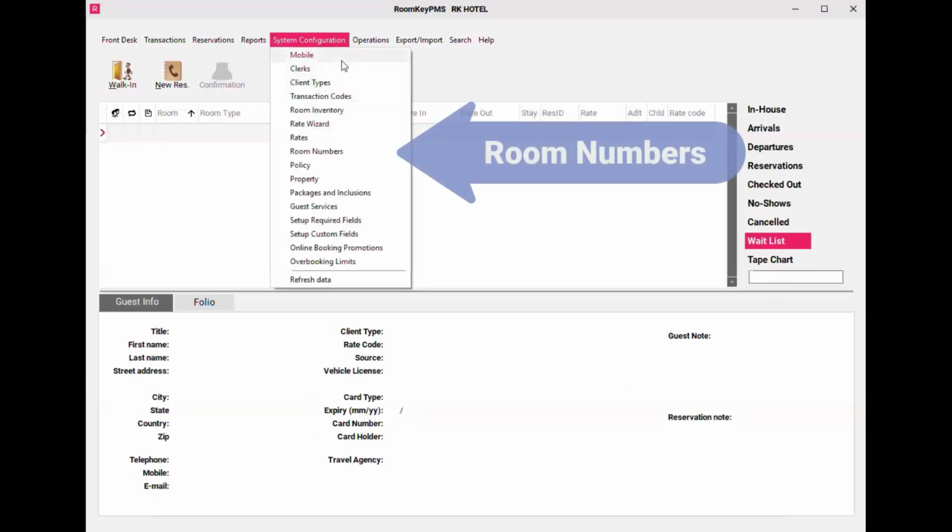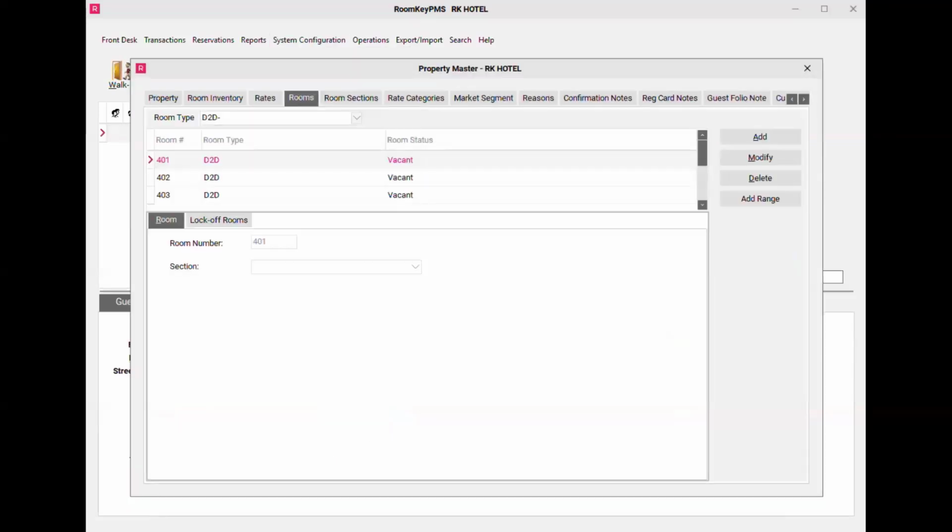So you're going to start from System Configuration and this time select Room Numbers. So it'll open up on screen, and in order to change your inventory, you're going to do that per room type. So I'm just going to select the penthouse room type we had there, and you'd click the Add button on the right-hand side. Now you can add a new room number like 601 here if you're adding new inventory,